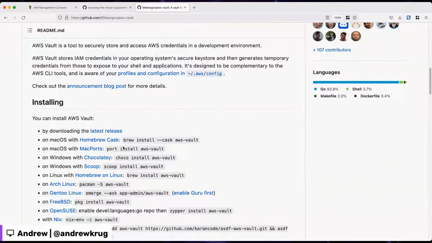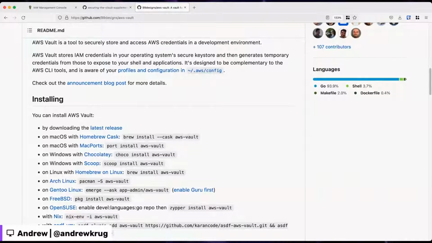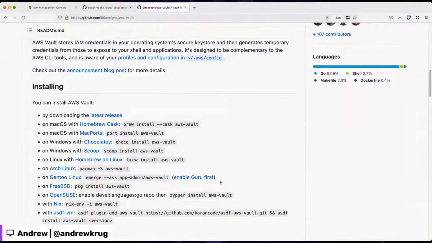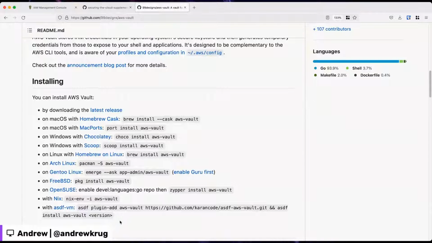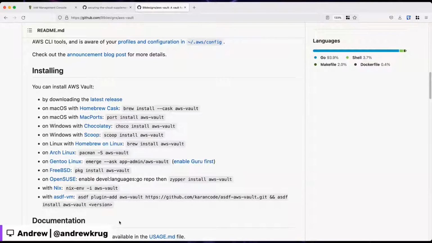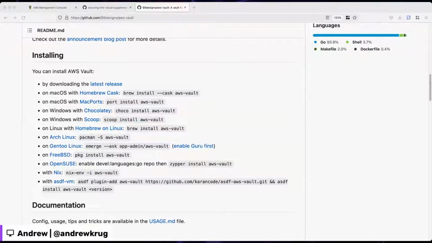And I will show you a bunch of different ways that this is cool, but it is packaged for every OS that you could ever imagine. So if you are new to AWS and you're a brand new company that's just starting up, you might want to consider just kind of adopting this as part of your access pattern for the way that you recommend people authenticate with the AWS cloud. So I've already installed this on Mac OS here using Brew. But let me see, I got to switch to sharing the terminal here. Let's do that. We'll switch to sharing the terminal.